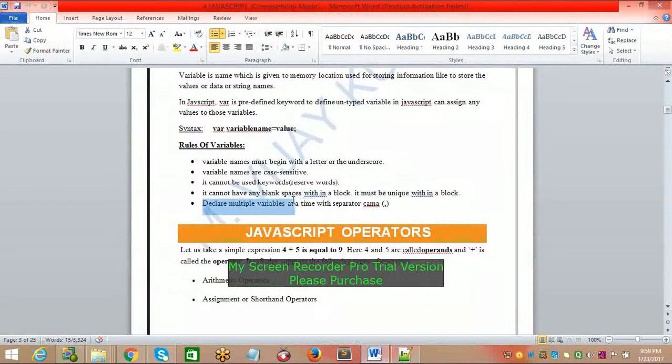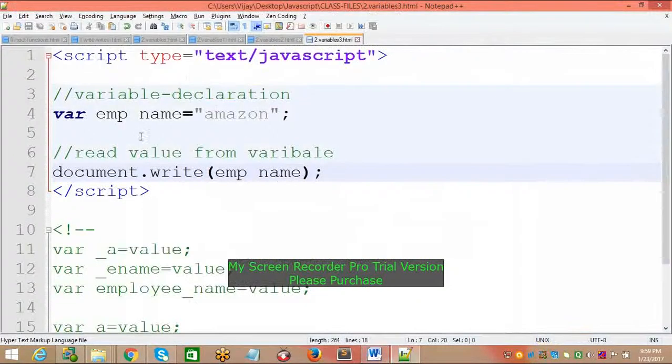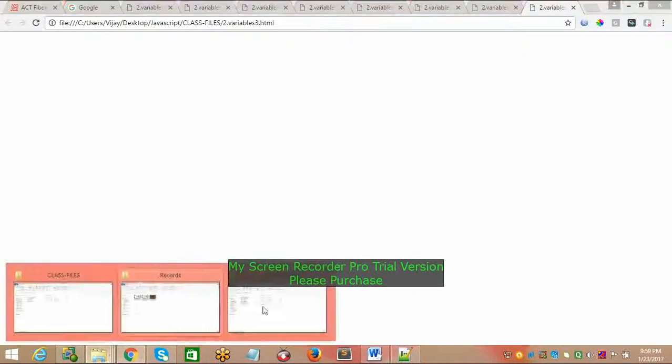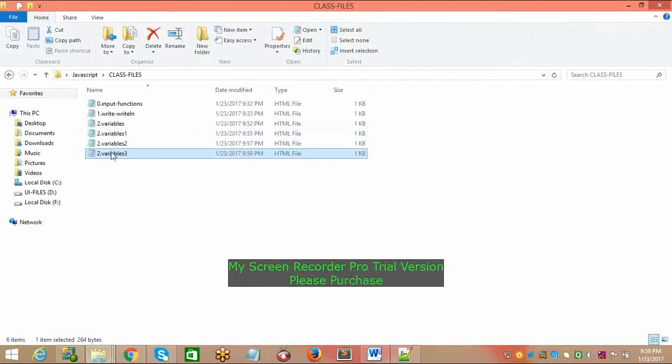Another point: declare multiple variables at a time, separated by commas. Suppose you have a requirement to prepare employee details.